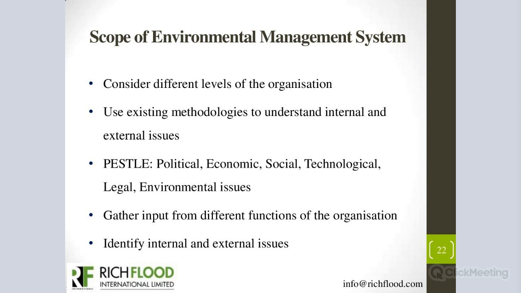In order for you to ascertain the scope of the environmental management system of an organization, the first thing you need to consider is the different levels of the organization. And you also need to look at using existing methodologies to understand the internal and external issues of the organization. And also, in order for you to have a very good scope of the environmental management system of the organization, you need to put into consideration